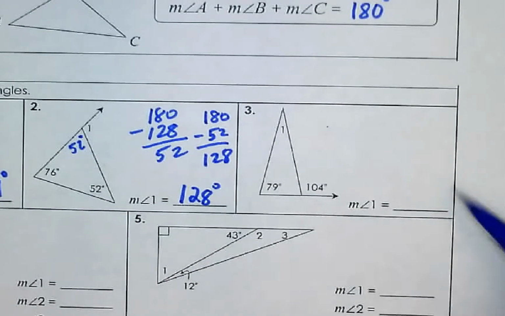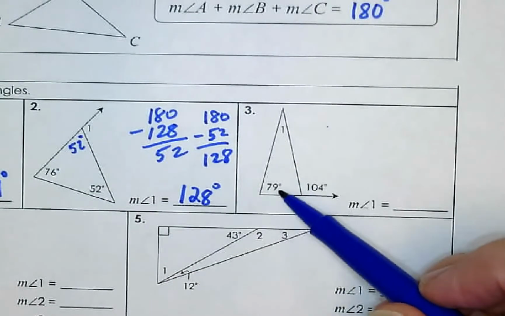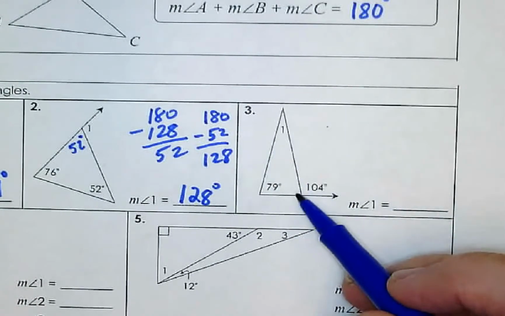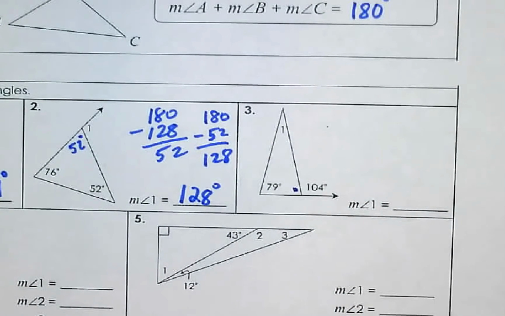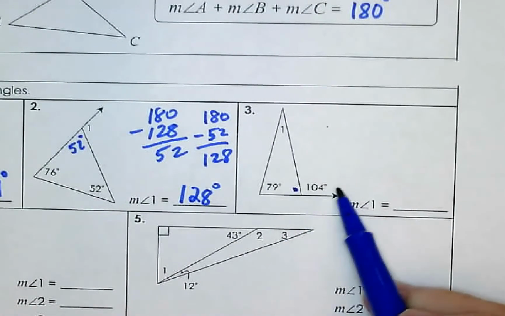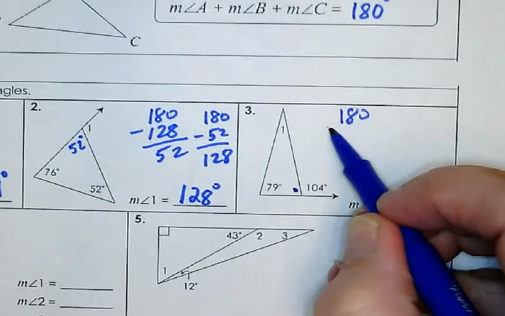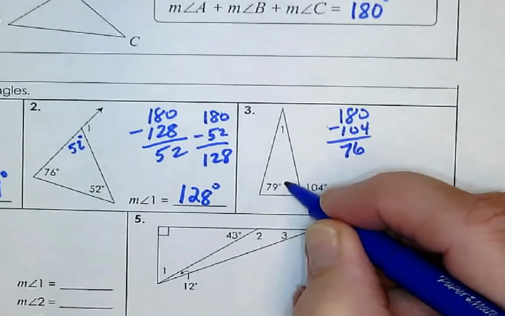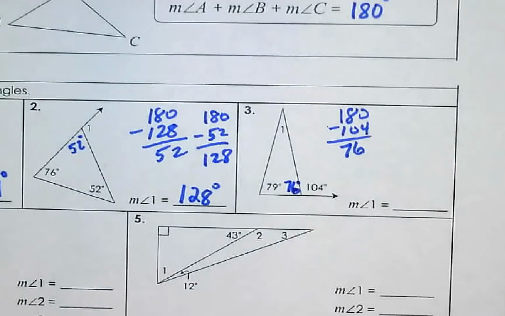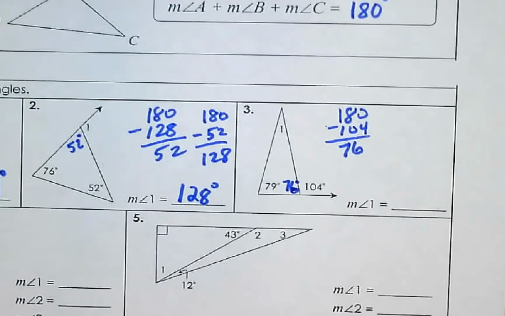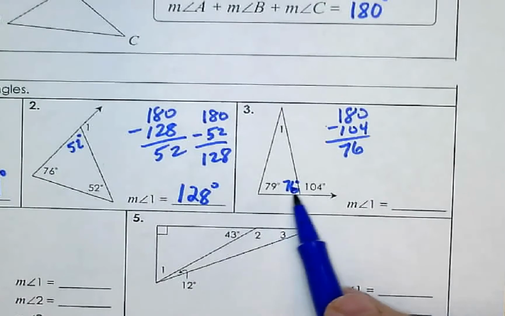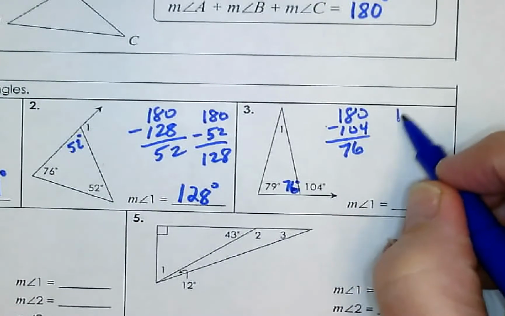Number 3. I want to find angle 1. So I need to know these two. If I know these two inside the triangle, that will help me find angle 1 using triangle sum. This angle right here that has nothing marked on it is a linear pair with 104. So 180 minus the 104 is 76. So this angle inside here is 76. Then I use that to help me find the missing angle, angle 1. So if I add these two together and subtract that from 180,